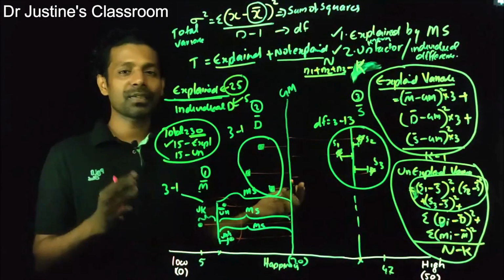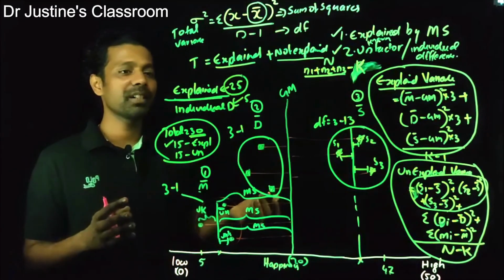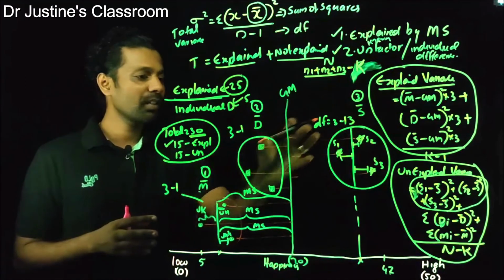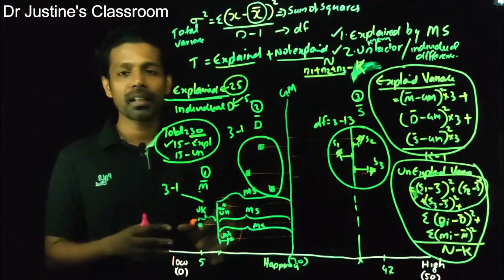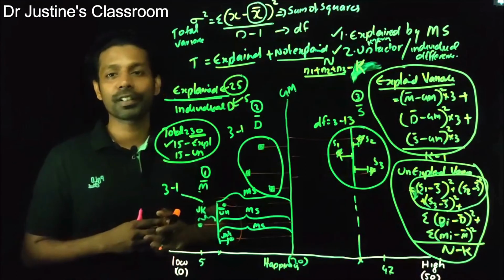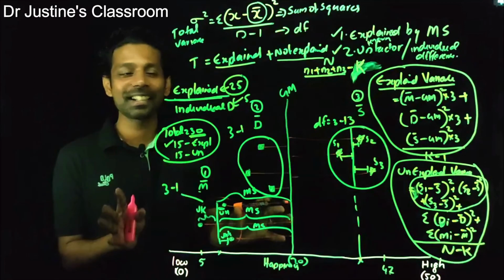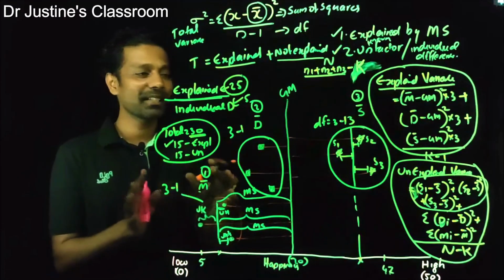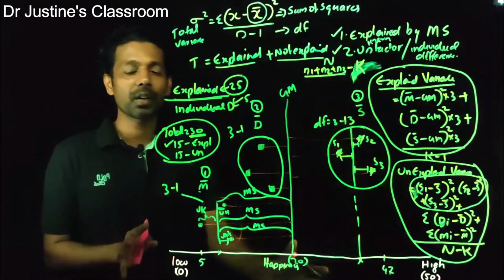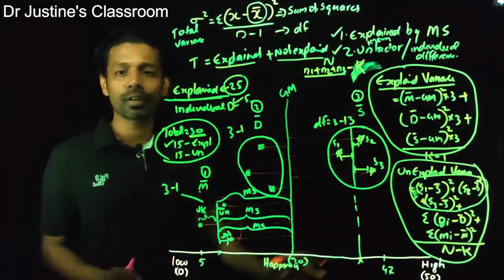Now I can make a judgment that the difference in the scores due to marital status is a significant difference. This is the concept of ANOVA. Where is ANOVA here? In this context we have not heard the main terms of ANOVA, but actually we have gone through the entire concept of ANOVA.